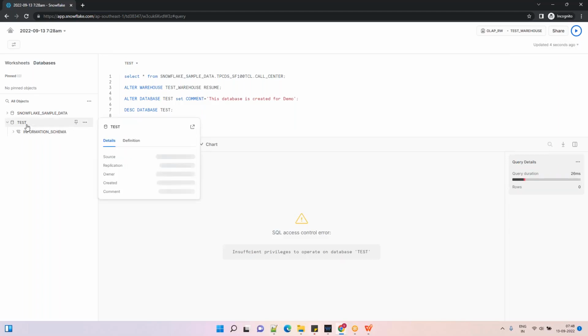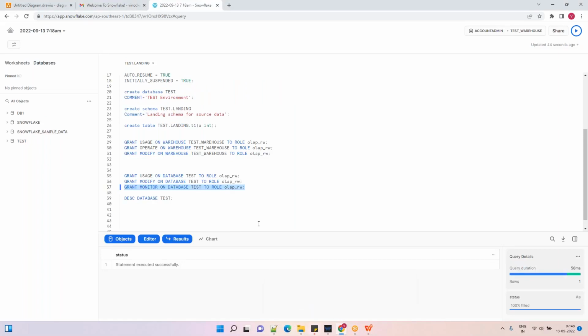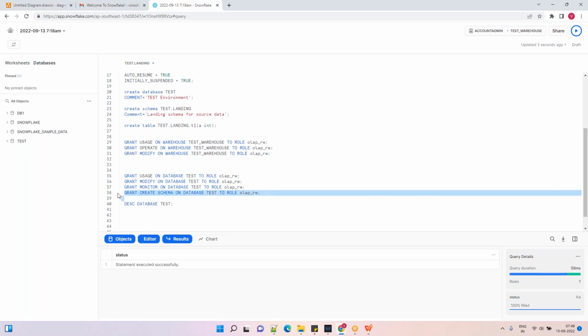I'm trying to create in his database. Now, if you want to create a schema inside a database, you need to get an extra privilege called create schema. So instead of monitor, you can simply say grant create schema on database test to role OLAP RW,